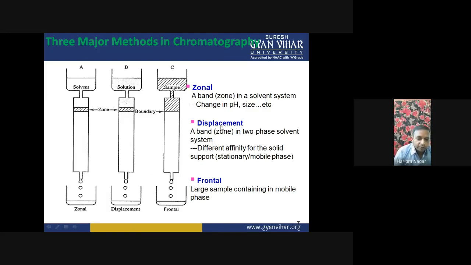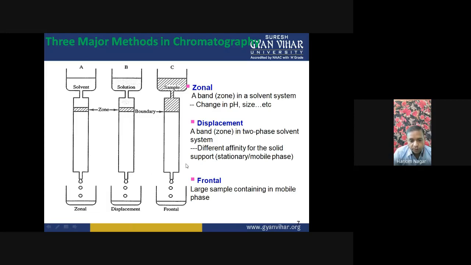Displacement of the component by one another, meaning one component is displaced by the next molecule of the components. So there is displacement between the two phases. Suppose, for example, a component is in interaction with the mobile phase, and sometimes it is in interaction with the stationary phase. The places on the stationary phase are taken by the components, so they displace each other.